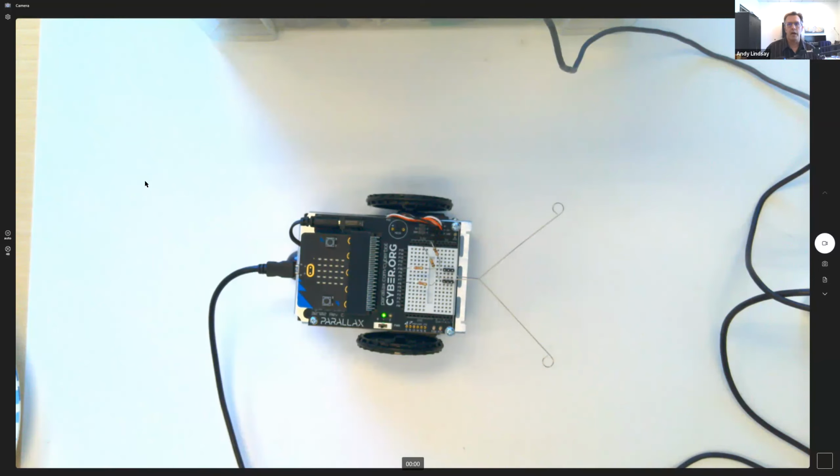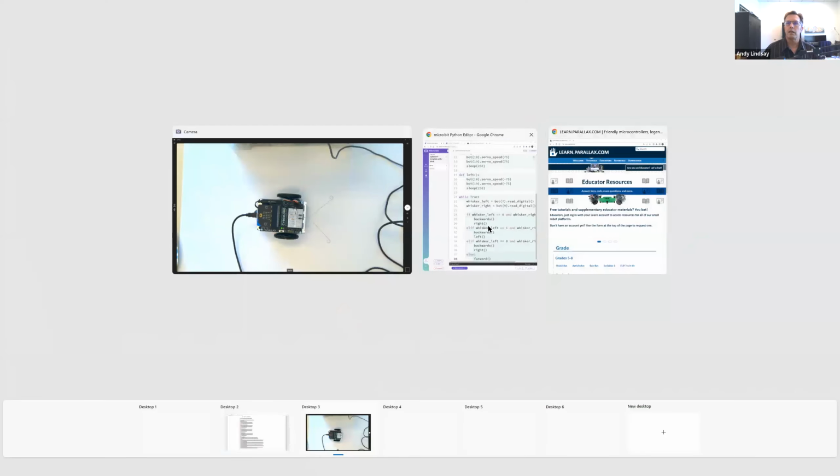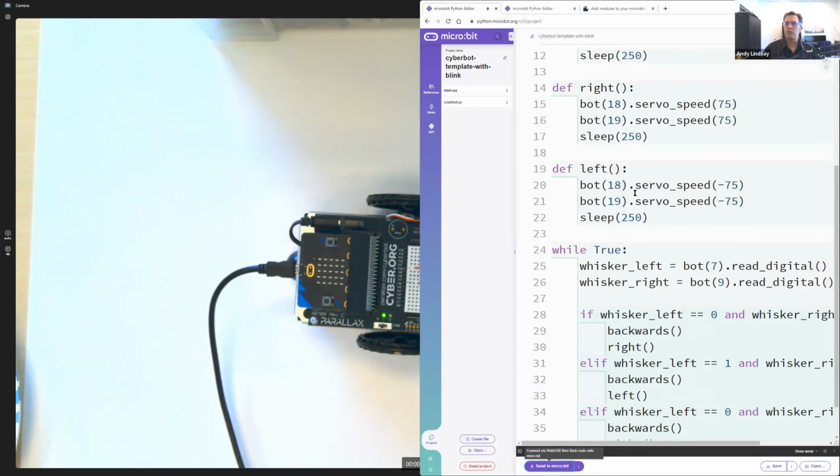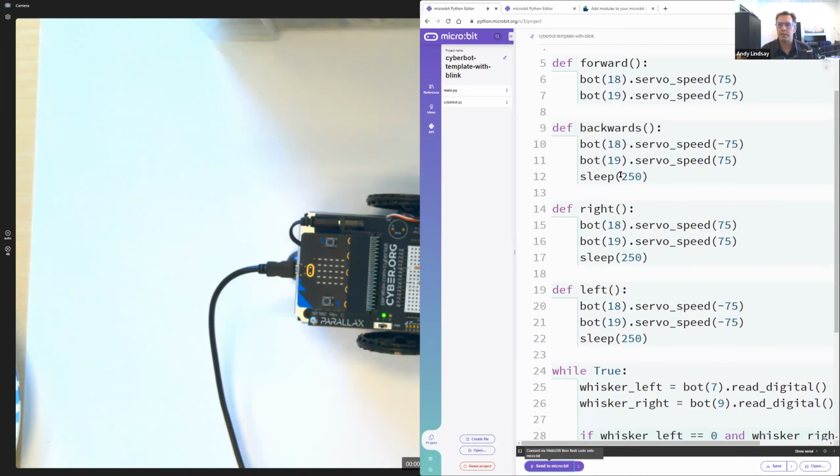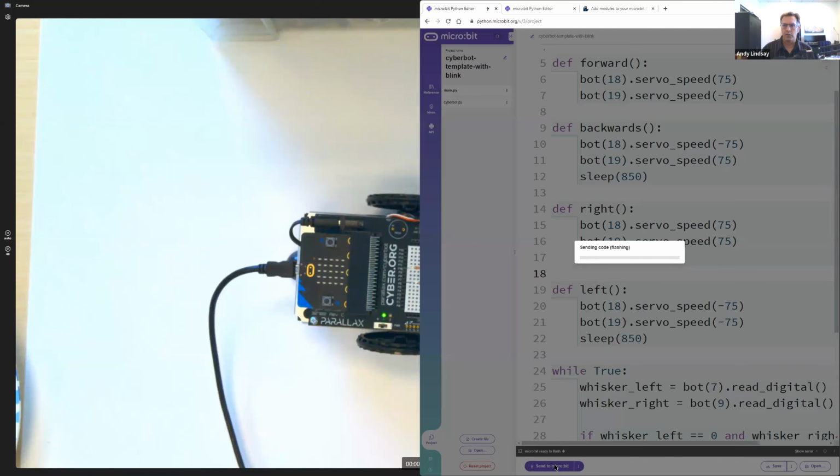And the way to do that is to take these sleep 250s right here and change them all. Let's try 850. I forget what I typed into the homework. It might have been 850 or 800. Okay, so I'll run this first and then paste it in for y'all if it looks like a good balance